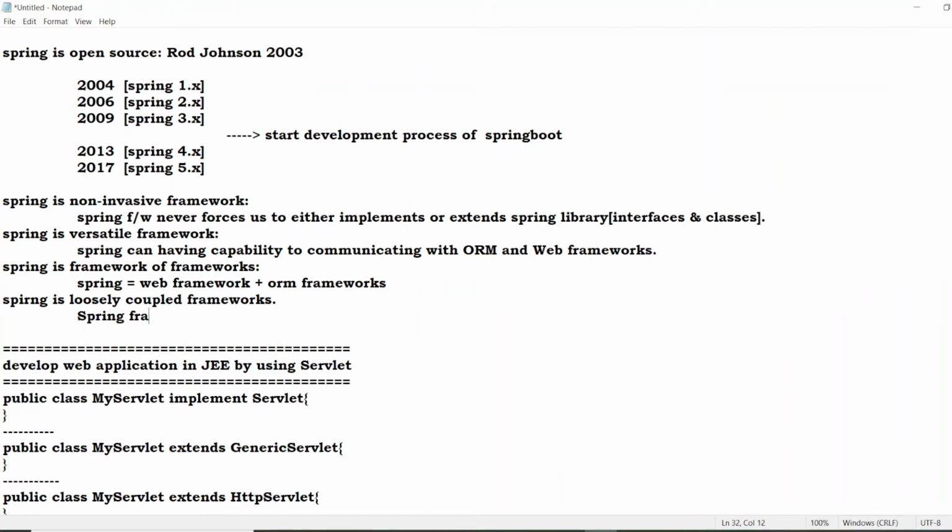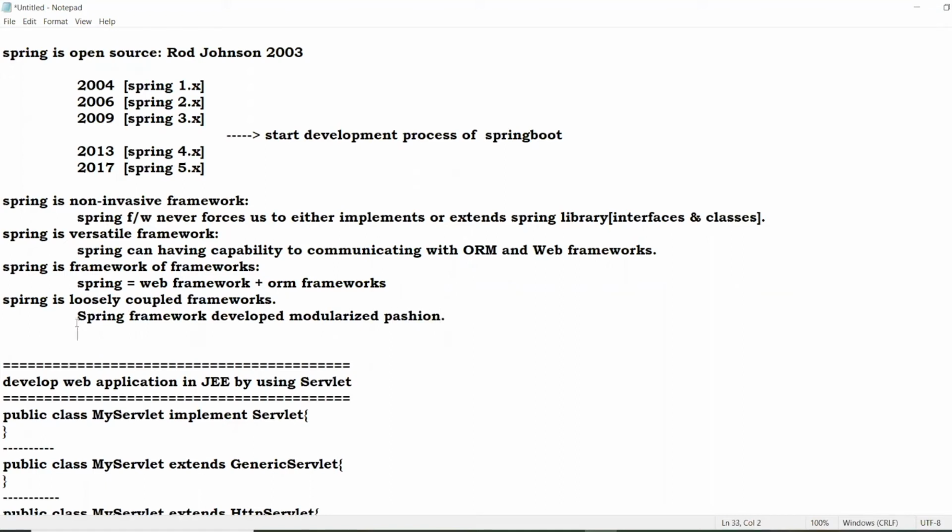The Spring framework was developed in a modularized fashion.